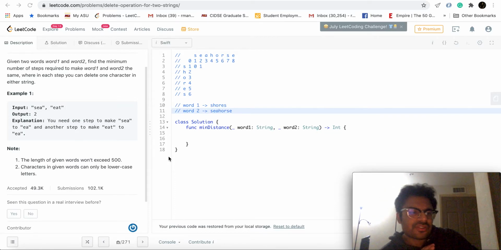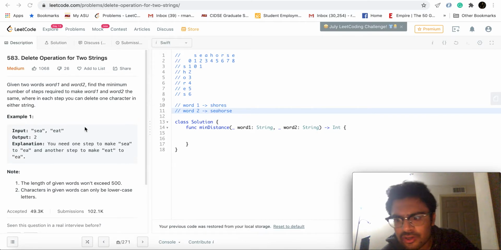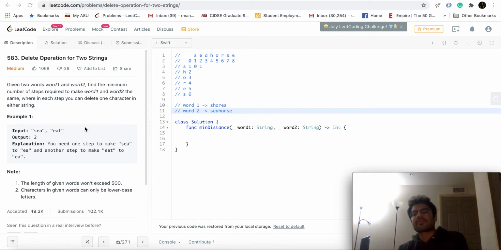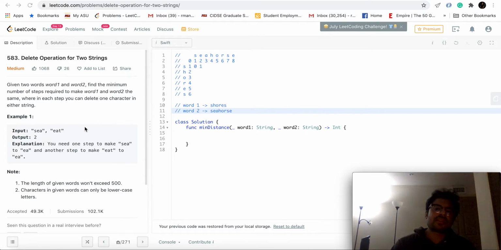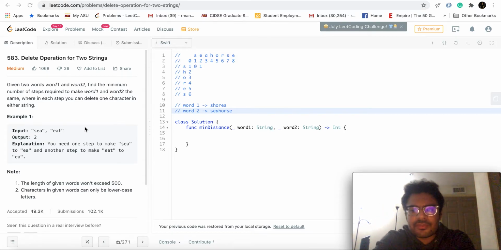Solving LeetCode question 583, Delete Operation for Two Strings. This is a dynamic programming question. It is a very typical dynamic programming question, and if you're already familiar with dynamic programming solutions, this should be fairly easy for you to follow. If you're starting out and you're not very comfortable or familiar with dynamic programming questions yet, this is a good practice problem because it's quite easy to follow actually.